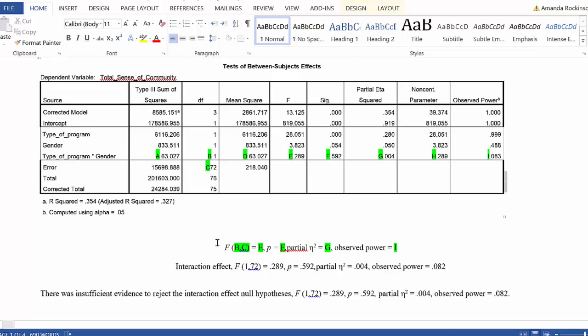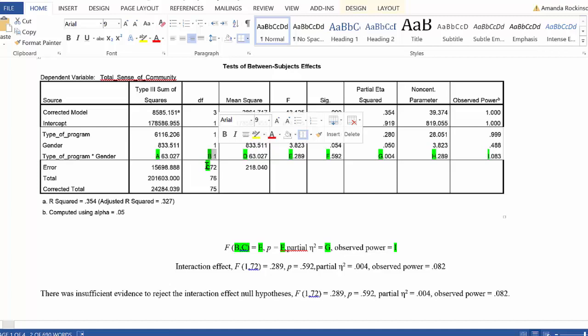Here's how we report in APA format. We first have the F, and that's the F distribution or the F test. Next, you'll notice we have a B, C here, and for the interaction effect, I've reported this as 1 and 72. Here, that is the degrees of freedom for 1 and 2, and they're labeled up here as B and